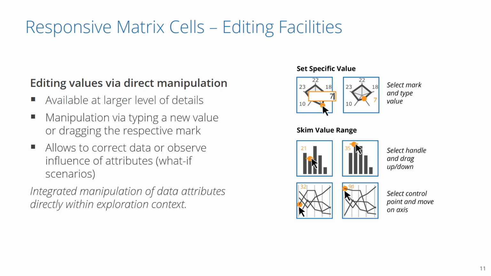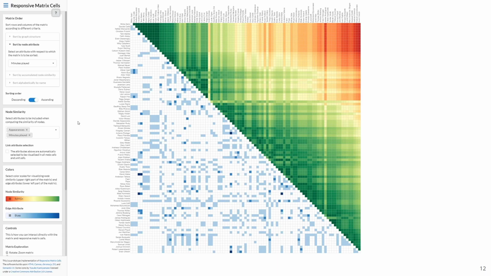The question now is how all these concepts work together, both on a global and local level. To illustrate this, we will give you now a short tour through our prototype by exploring a soccer dataset. The graph consists of 95 nodes, which are the players. They are characterized by over 30 attributes. An edge exists between two players if they have played for the same club during their career.